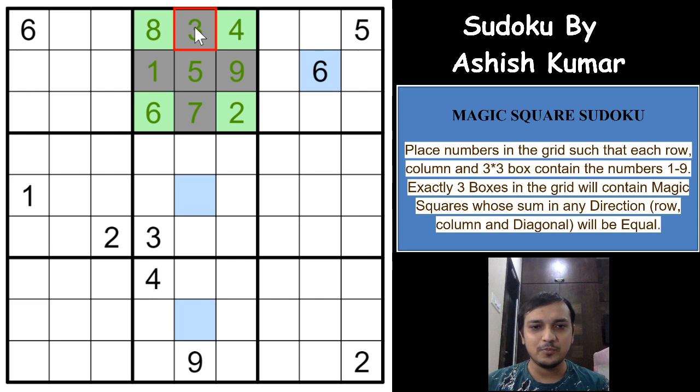So we have proved that one of the boxes has to be a magic square, which is this box, right? And let us see if we can find the other box. Now these 2 cannot be the magic square, because we have already found a magic square. So one of these 2 boxes and one of these 2 boxes will be a magic square. So let us find which one of the boxes will be a magic square box, I mean to say, right?